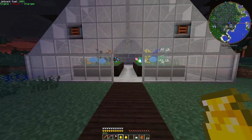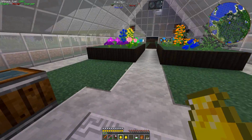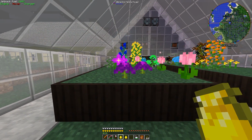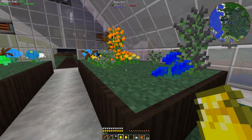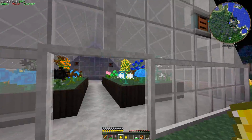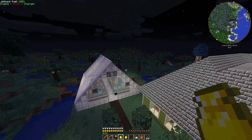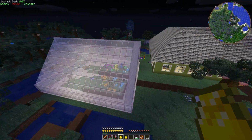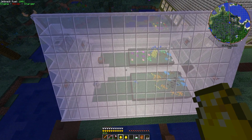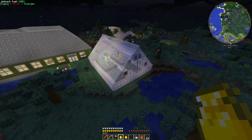so we've got some light areas and dark areas. So it's kind of dark over there, and you can see, I think, yeah, this one's a glimmering flower, that one's a glimmering flower. Yeah, you basically just pick them up, put them in a crafting table with a couple pieces of glowstone, and they shine. I love the way that looks from the outside, how it glows. Nice. When you turn them into glimmering, you can't get petals out of it anymore, but then it's a nice light source. You don't have to have torches or...